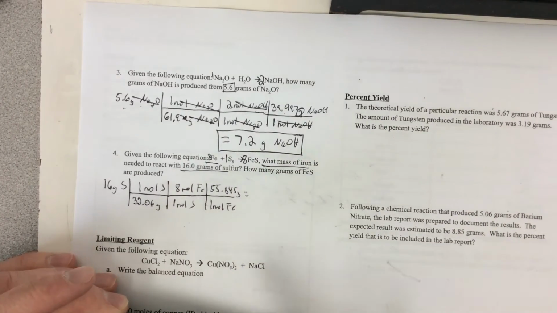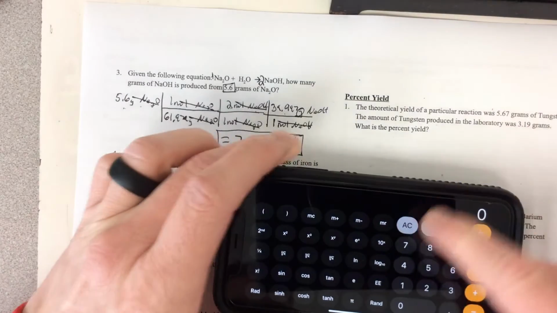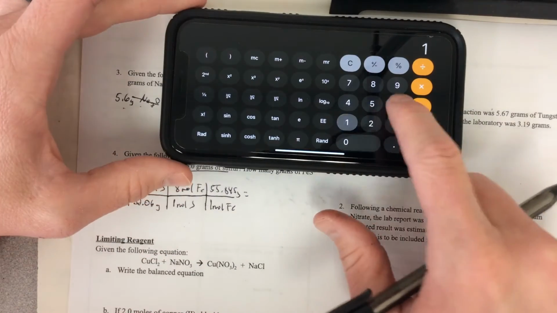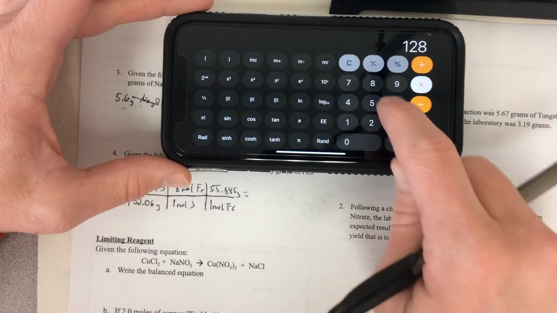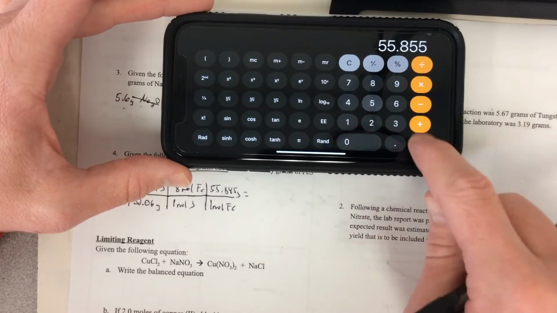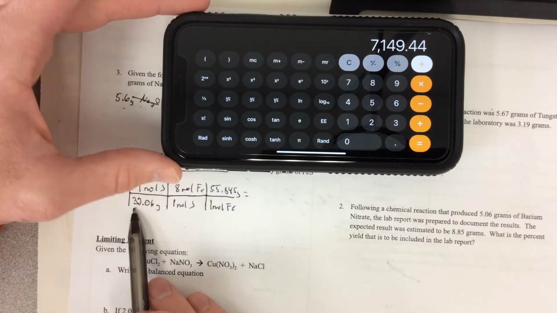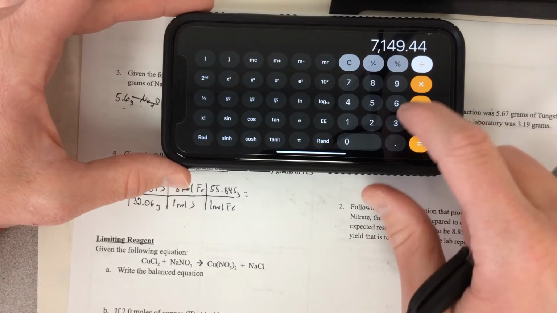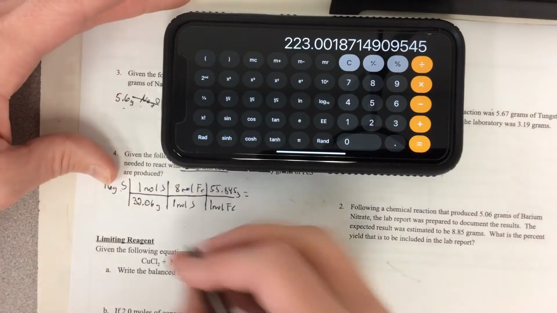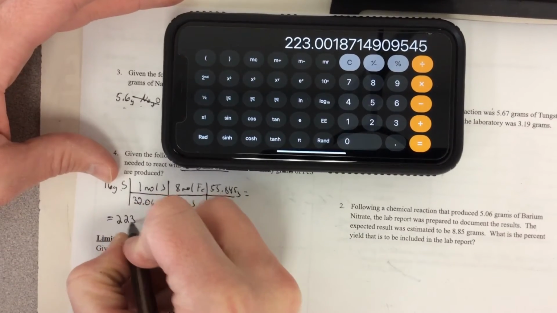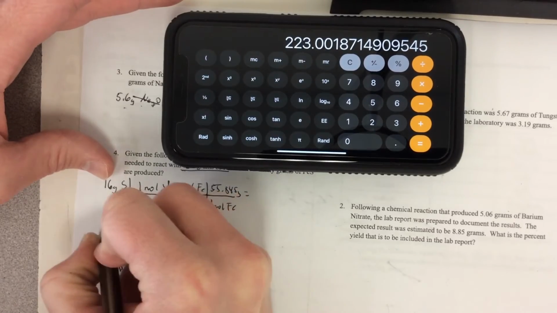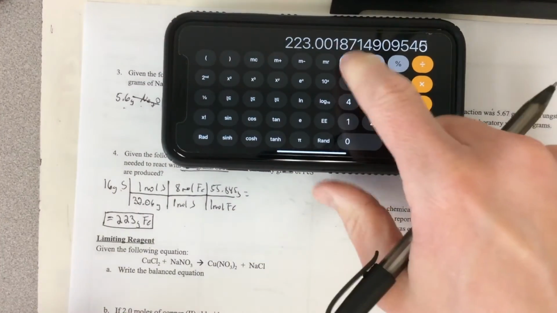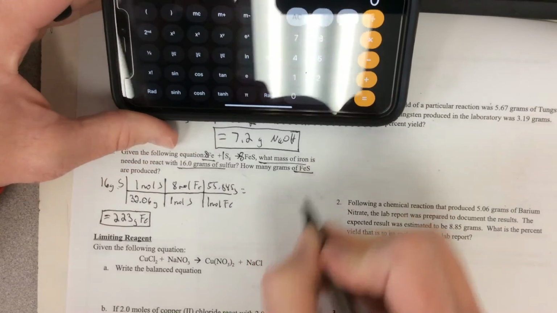All right, so I'm going to do the same process here. I'm going to multiply everything on the top by everything on the bottom. So I have 16 times 8 times 55.845. I'm going to divide that by the number on the bottom, which is this 32.06, for an answer of 223 grams of iron. Now the second part of this question talks about how many grams of iron sulfide are